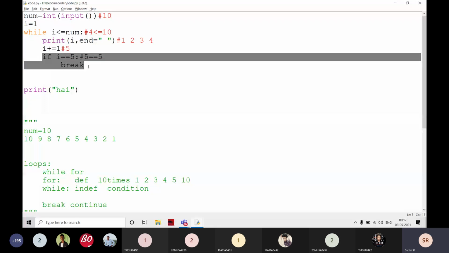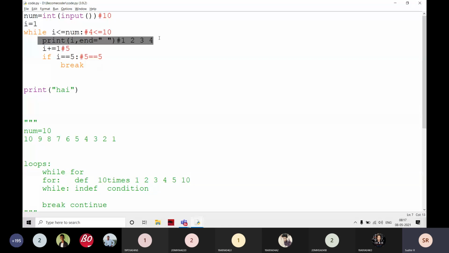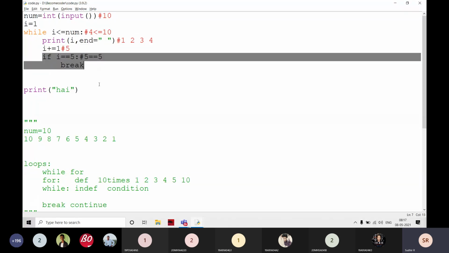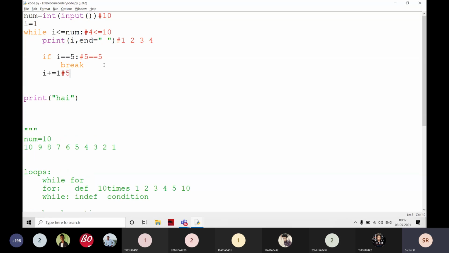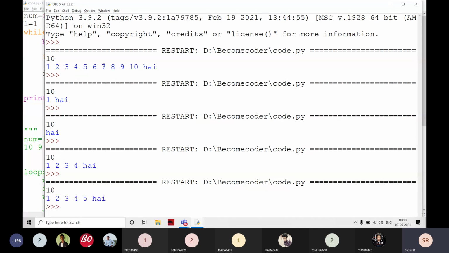i is greater than or equal to 5? Less than or equal to 5? No, we have to use these lines only. We have to write these lines. Yes, sir, the increment, i plus 1. I have to write it here, right? For example, if I execute it, it is going to print 5 also. Clear?